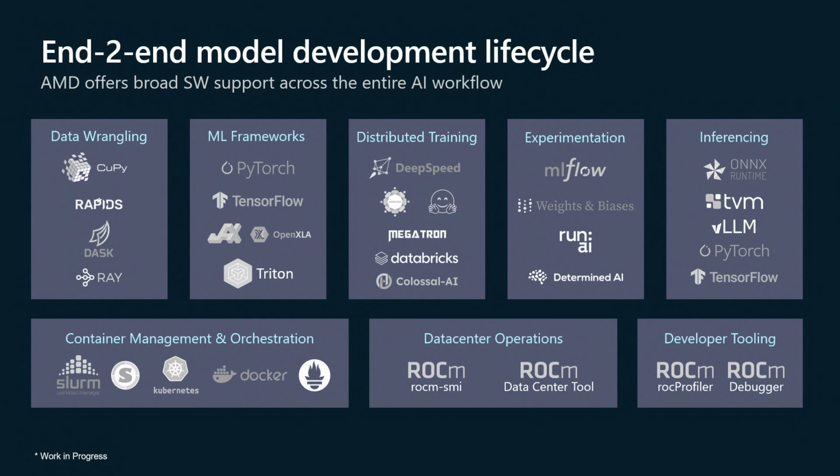Talked about inferencing. If you're building an on-prem cluster, or you're building your own native cluster in the cloud, for Kubernetes or Slurm, you would need a Kubernetes device plugin. We have support for that. If you're doing Slurm, you need something called a GRES plugin, which allows your cluster to schedule workloads. Of course, for data center operations, we have all the tooling, the management tooling. Instead of nvidia-smi, you type rocm-smi and get the same data back.